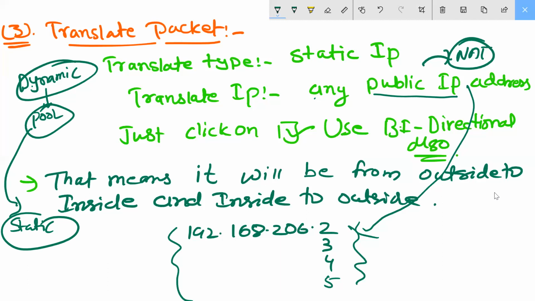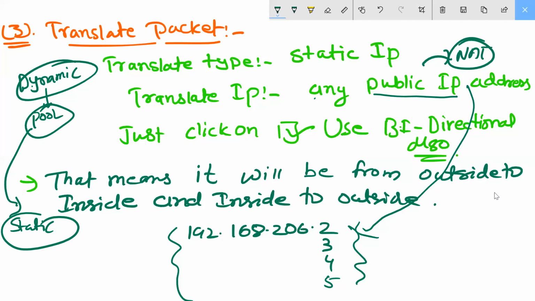I got it. But here it is not giving me an option for bidirectional. It only gives me the bidirectional option in the initial. If I give bidirectional, then it means we are going static 1 to 1, fixing one IP, which is my server, going with that IP.